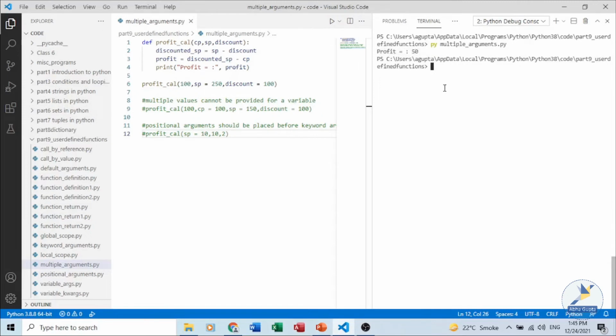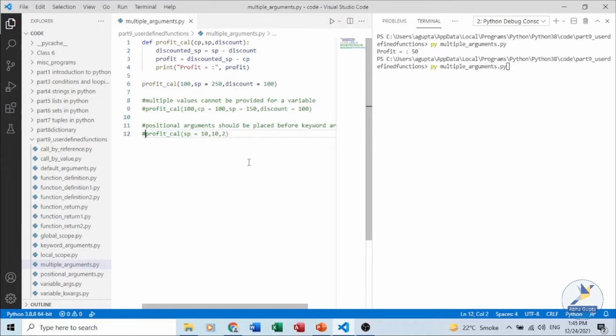Again, if we make some changes to the program and run it using the rules. The first rule says the positional argument should be placed first, followed by any keyword argument.